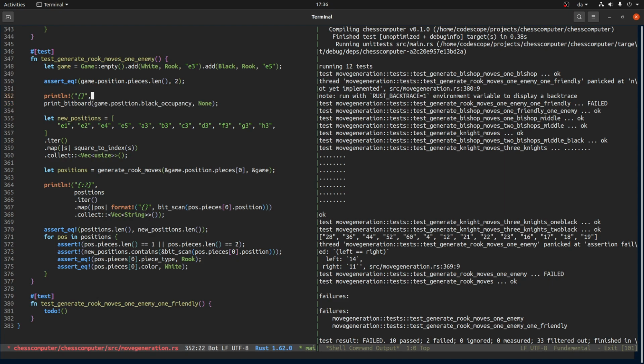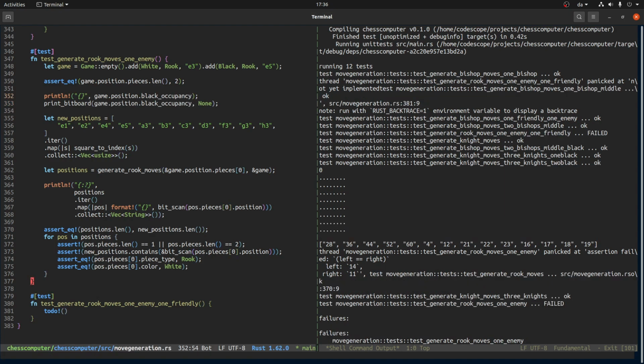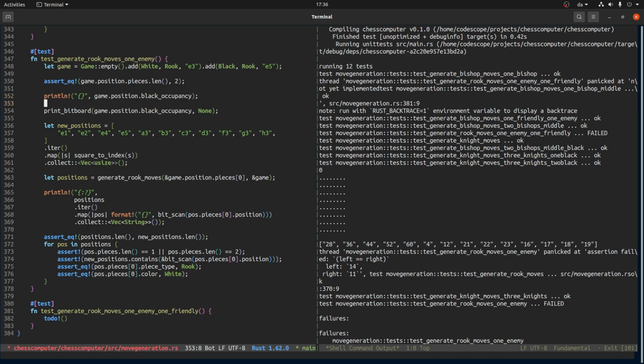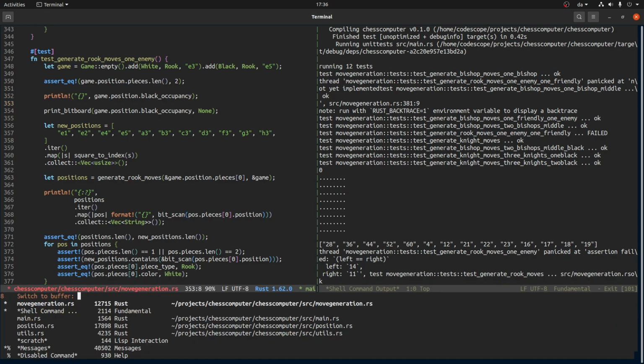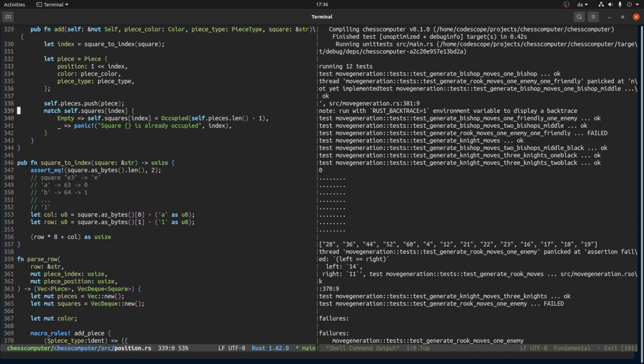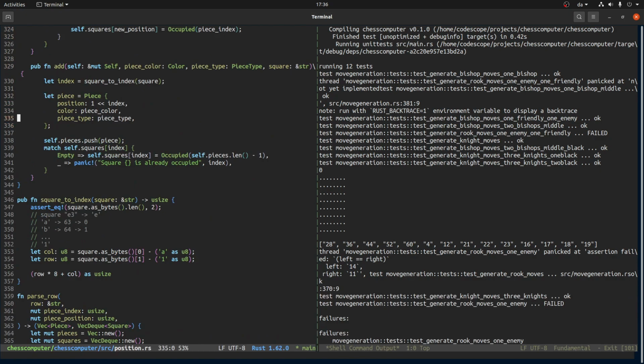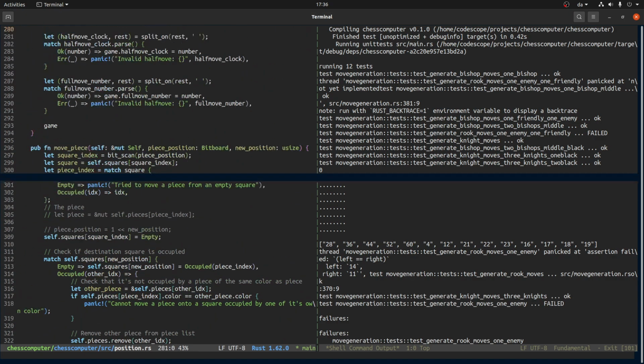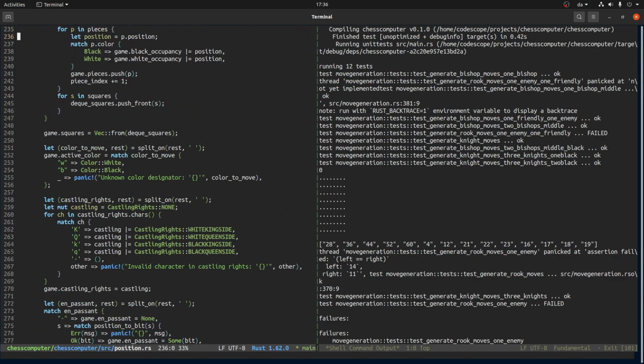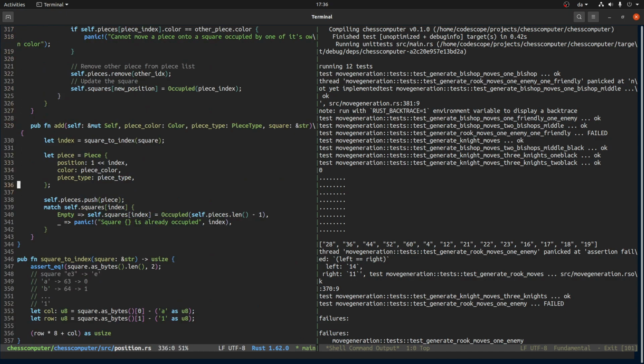It's like the game thinks it's empty, but there are pieces in here, so that means we have a bug, which is that we need to calculate the occupancy, or let's say